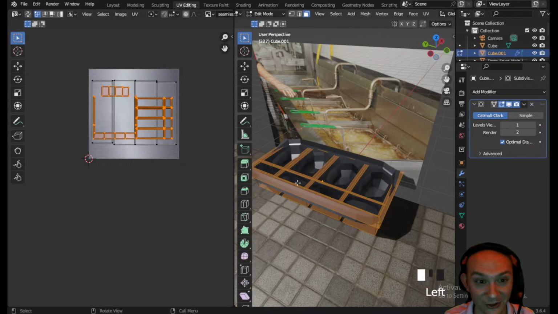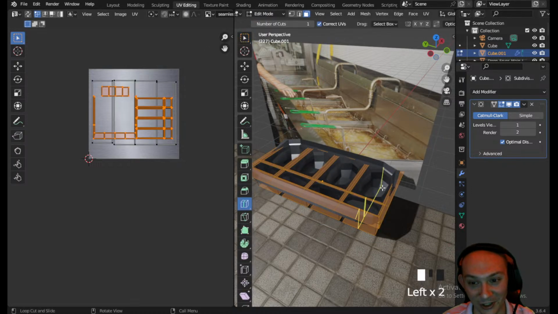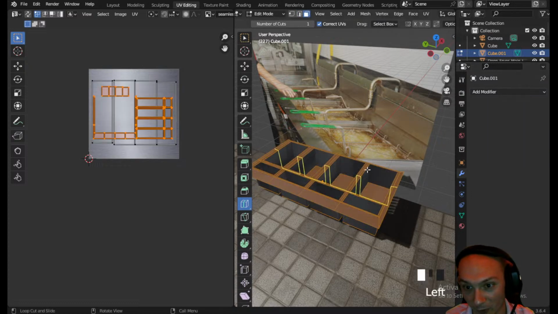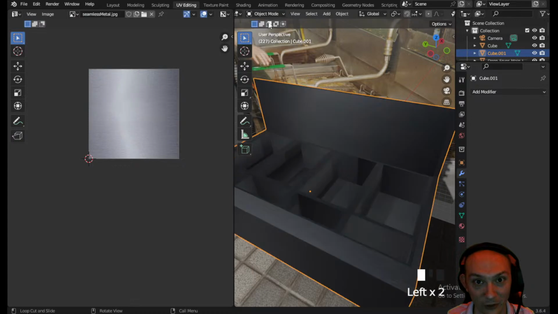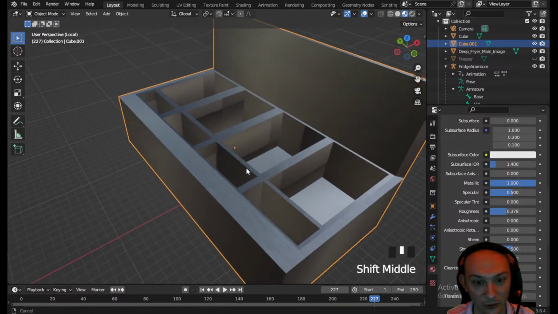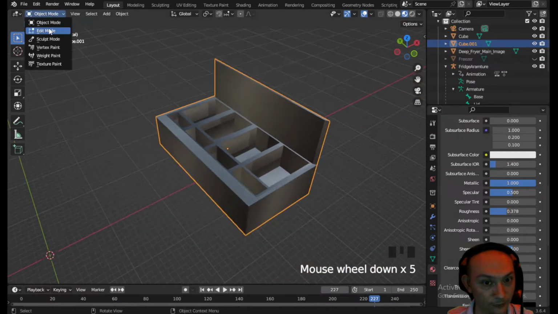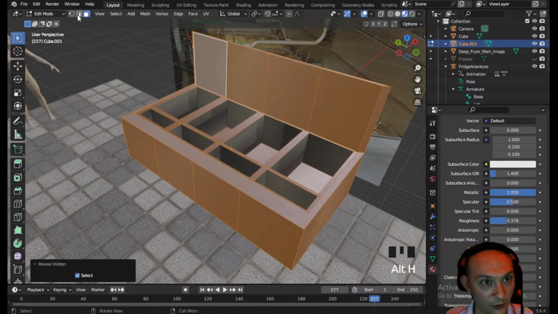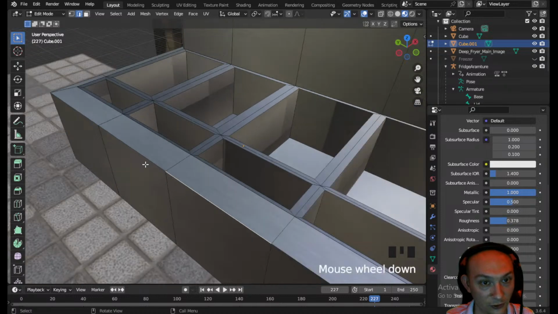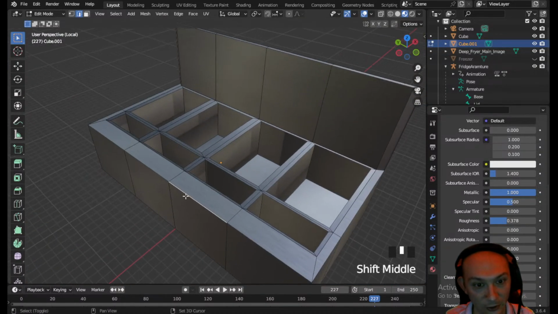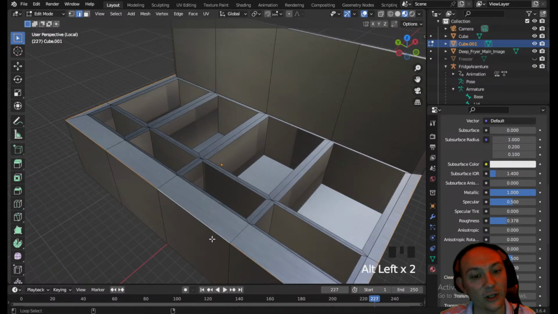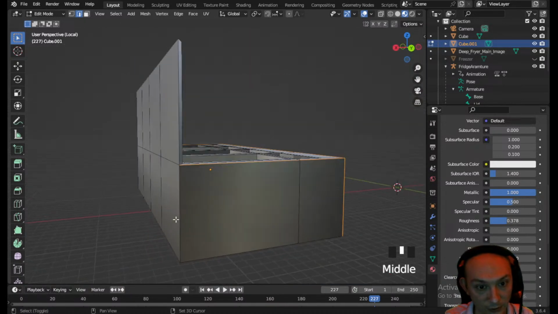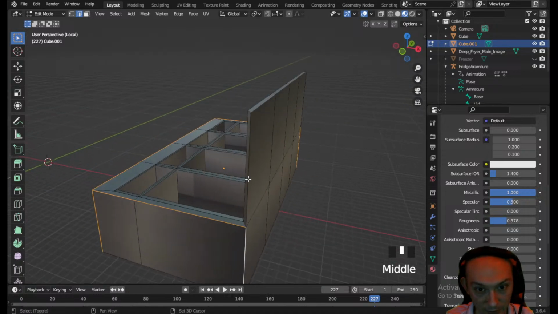So I know how to do this the newbie way, where you would just keep putting edge loops in and moving them around until they look good, but I'm not going to do that because that's going to take forever, and it's probably not the best way to do it. Let's go back to layout, and I'm just going to break these corners. Let me get out of that. Alt H. Let me see everything, and then I want to select only the edges. I want to see only this. Let me grab these, and I'll grab this and that, and all of these, and this, and that, and that,